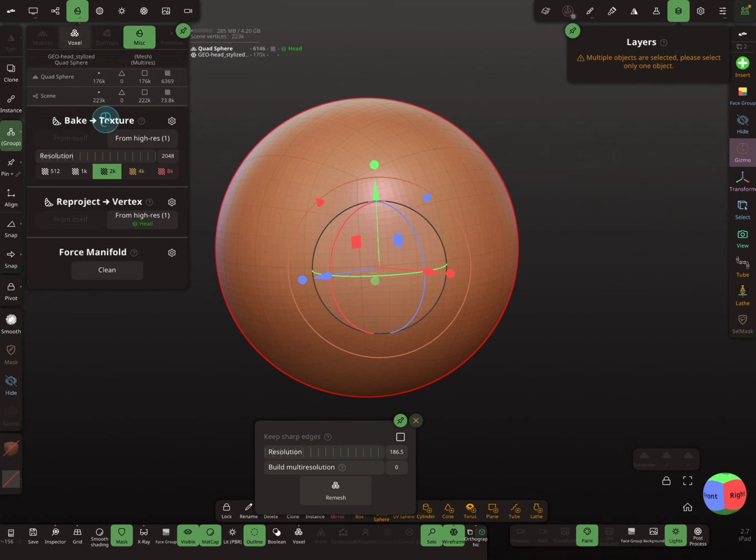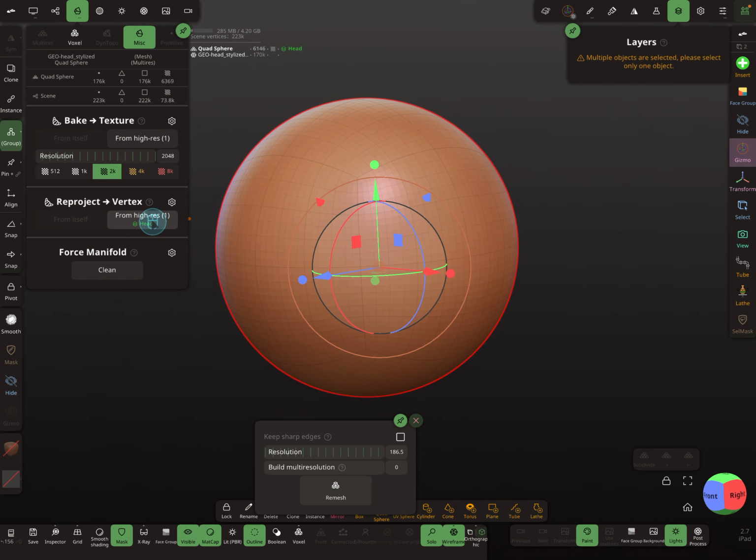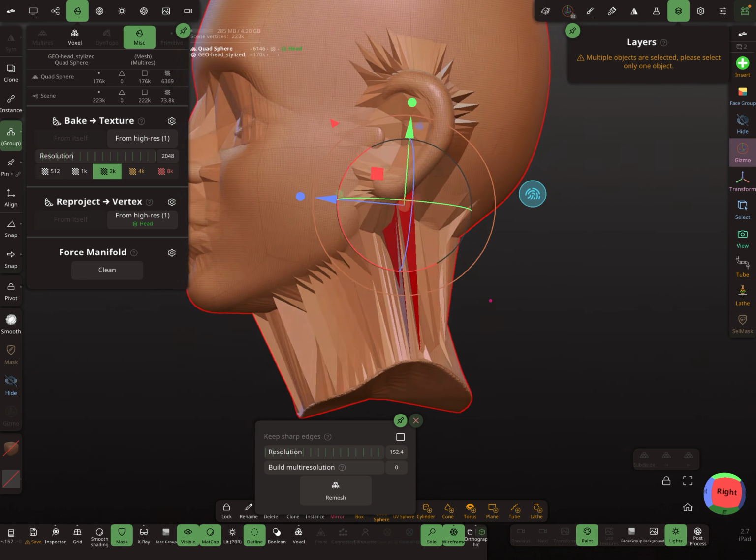Okay, and here in the MISC menu, you see here reproject option, and you see here in brackets reproject from high res 1. So this is the head. And here only this checkbox is active, and so these checkboxes are turned off. So, and now I press reproject from high res. So this is what you get. This is not perfect,